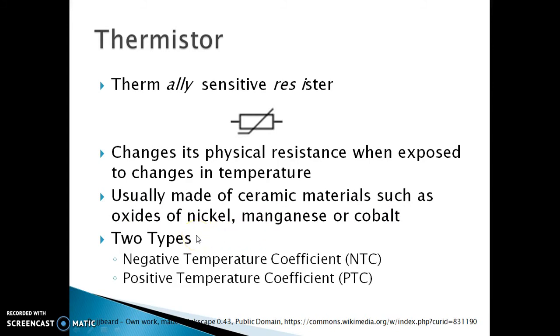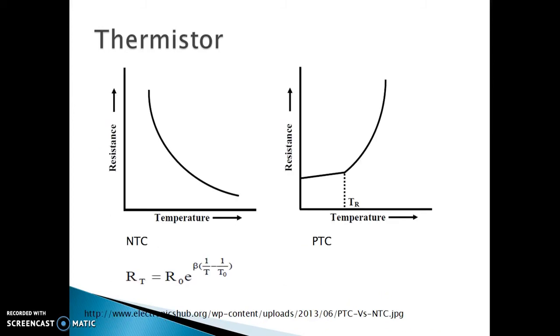So there are two types of thermistors. One is negative temperature coefficient thermistor and another is positive temperature coefficient thermistor. These both are separated by the way they work. So in the negative temperature coefficient, the resistance decreases with increase in temperature. But observe, it's not a linear change. And in case of positive temperature coefficient, for a small range it is linear, and with increase in temperature the